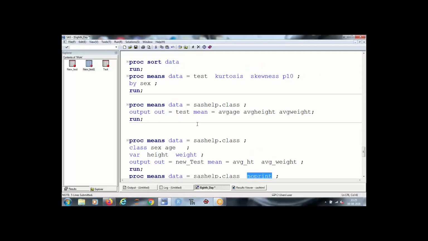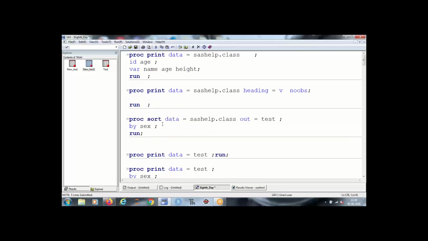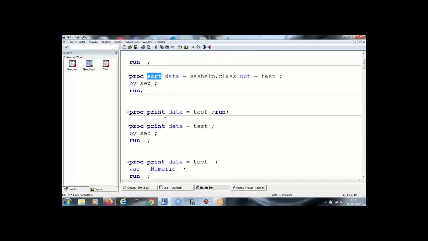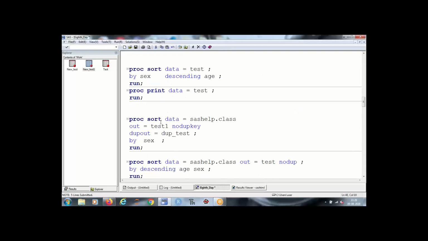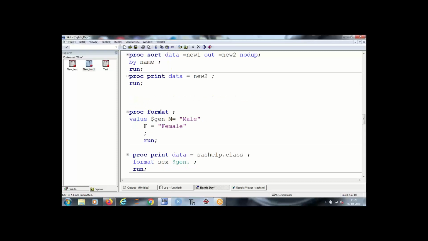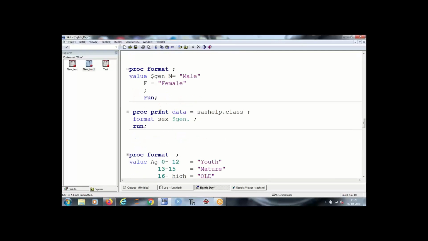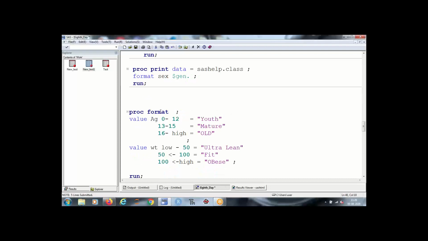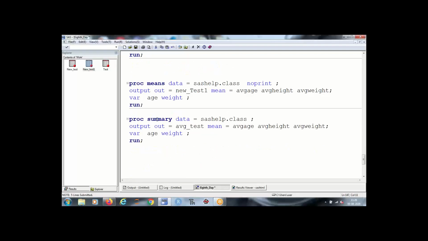So we have covered print, sort, contents, frequency, then probably we have used format, then append, then means, and finally summary. So we have covered almost 7-8 procedures. Any question on any of the procedure before I move on to the next set of procedures?